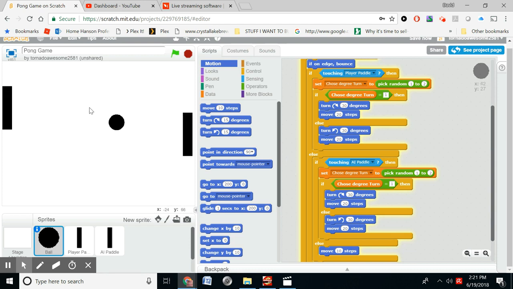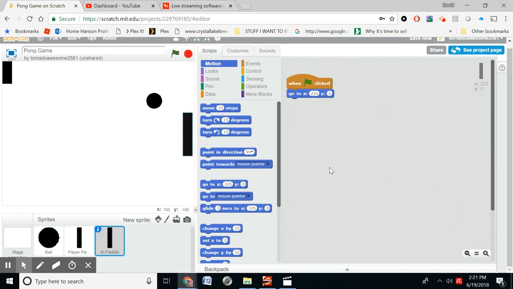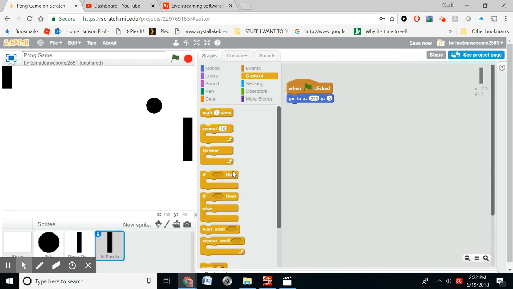And there, we already have a sort of Pong game. So that's really cool. Now what we're going to want to do is go to the AI paddle